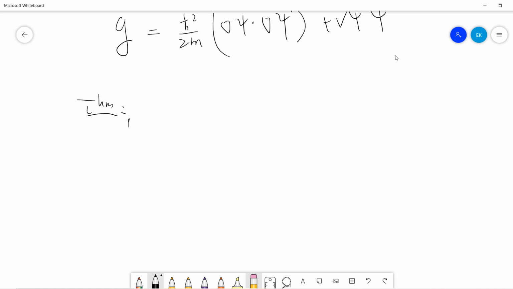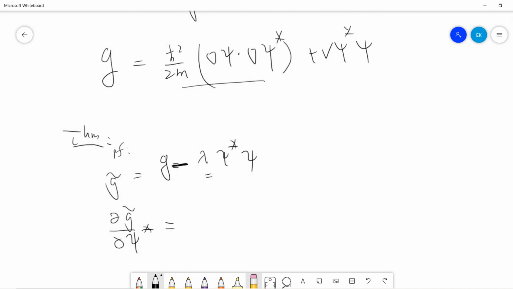Okay, so the proof is that you know there is a constraint, right? So when you do the Lagrangian, you need to add a constraint, G minus lambda times some constant. Then let's call it G tilde, right? And then you take the partial of G tilde with respect to psi star. Then you see when you do a psi star, right? Then let's say you will get